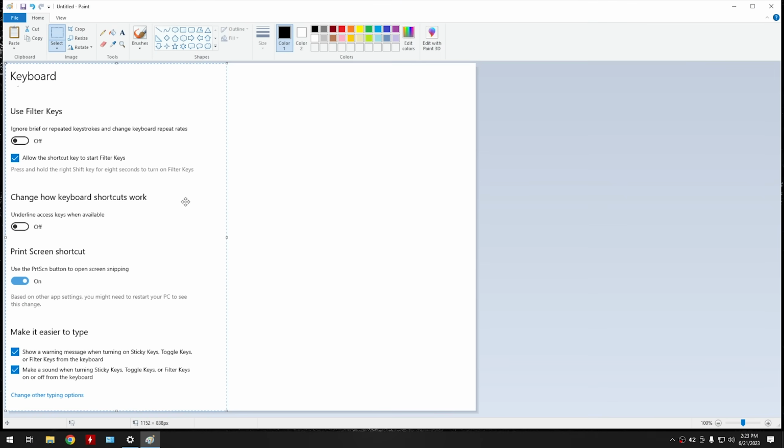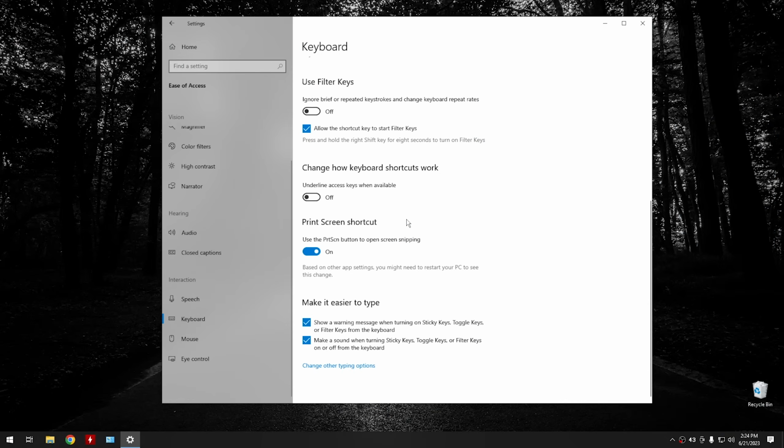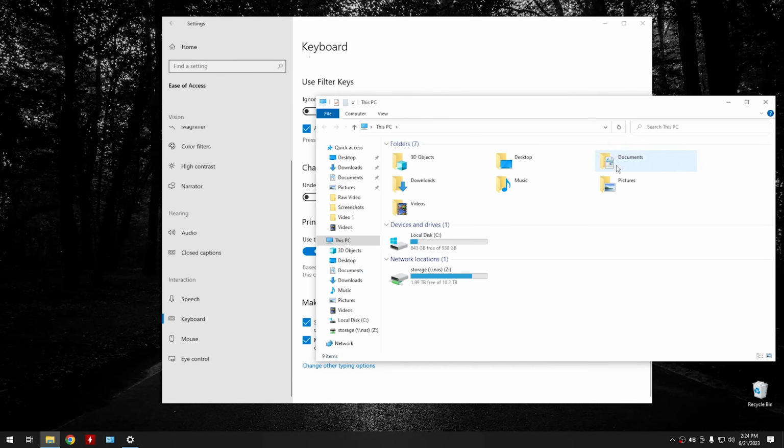Let's get to it. Okay, so the next one we're going to do is just show you how to take a basic screenshot without having to go through all this stuff. Essentially, you would hold down the Windows key while you're pushing print screen. So if you hold the Windows key down and hit print screen, you'll see the screen kind of flash dark for a minute there. And then if you go down into your pictures folder,